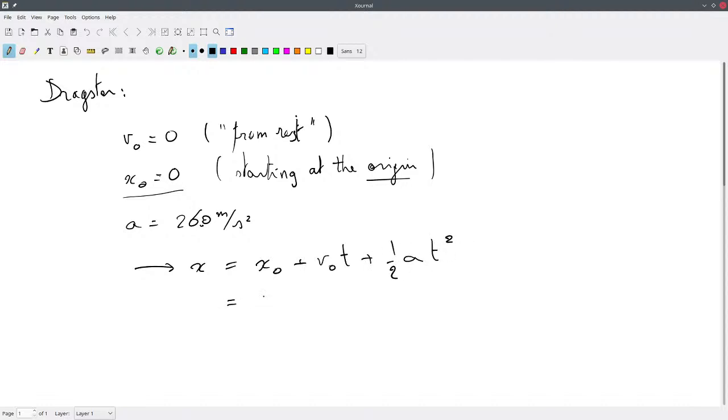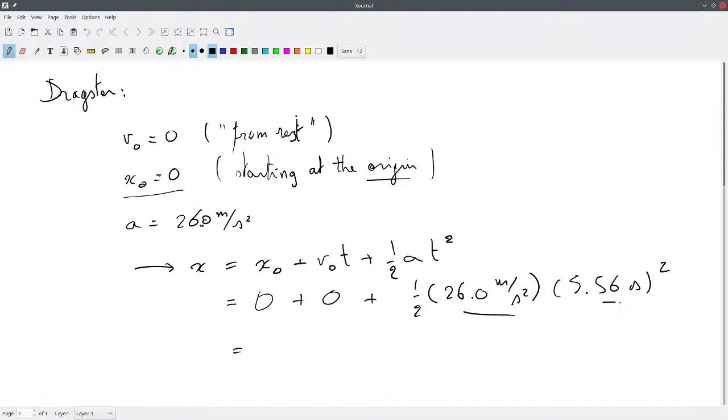So that is 0 meters plus 0 meters per second times the time plus 1/2 times 26.0 meters per second squared times 5.56 seconds squared. And the answer we get, if you do this multiplication, is 402